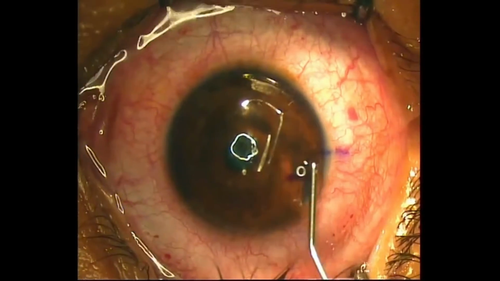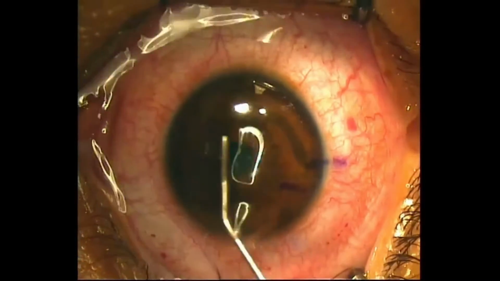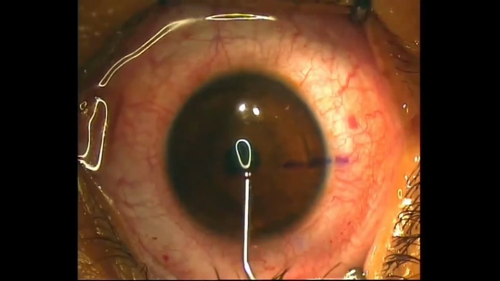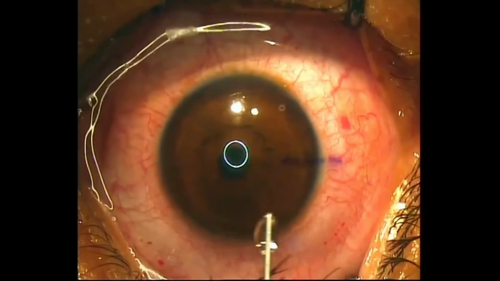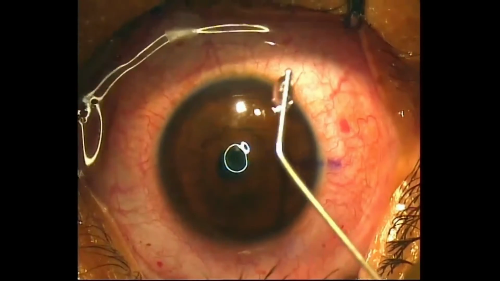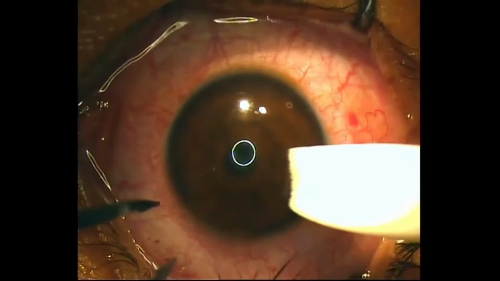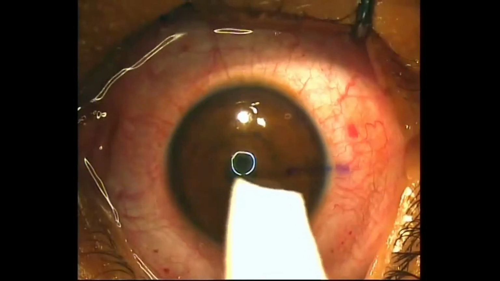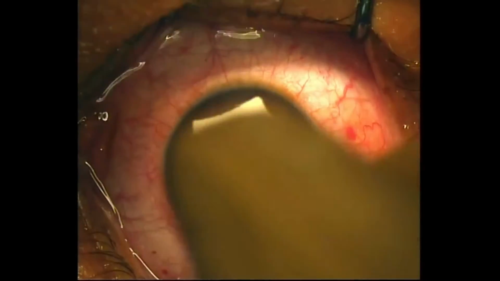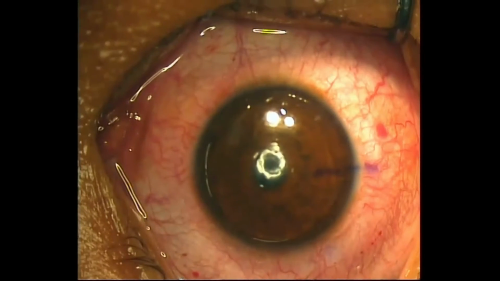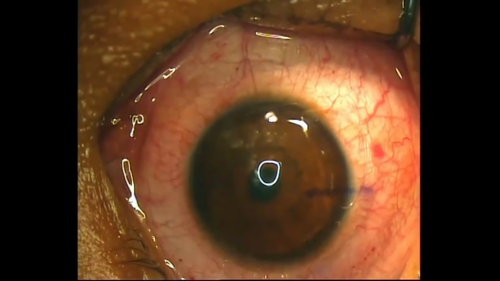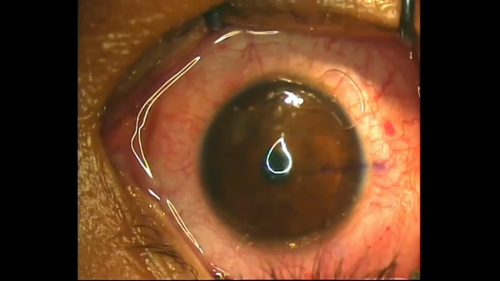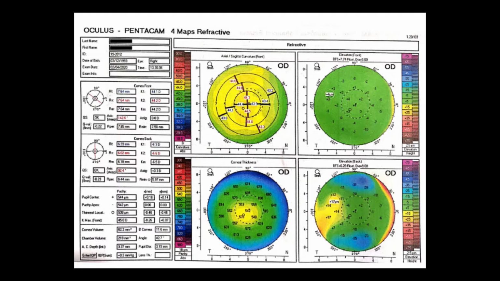Now the flap is being rotated to align the marks in order to ensure good apposition and avoid post-operative astigmatism. This case highlights the importance of marking before creating the flap in every microkeratome LASIK surgery. We wait for 2 minutes to ensure that the cornea is dry and place a bandage contact lens at the end of the procedure.